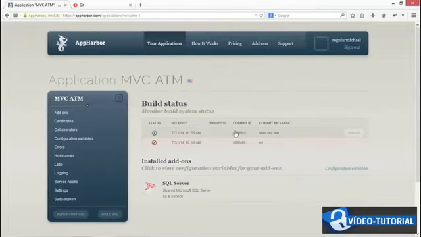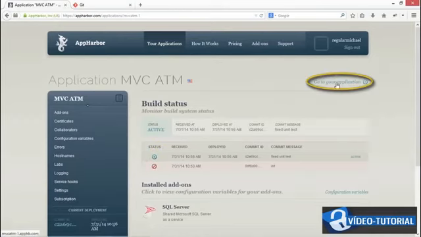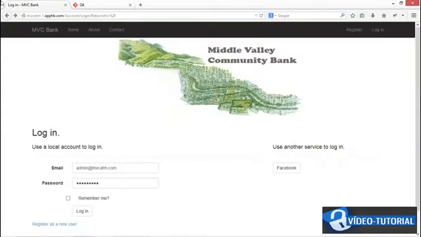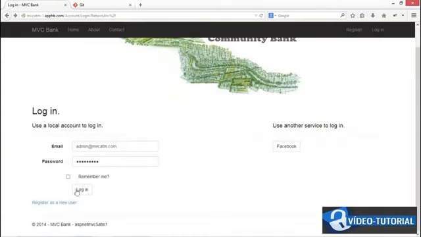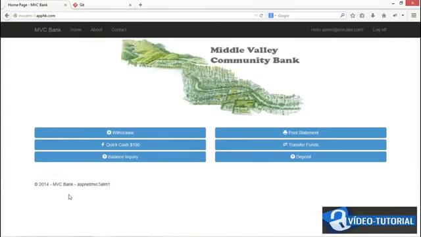And if we refresh, we see a link that says "Go to your application." So let's click this to check it out. And if I can log in with my admin account, then I know that the database was updated properly and my seed method was executed. So with AppHarbor, we've already seen a second way to quickly get your application deployed to a scalable cloud